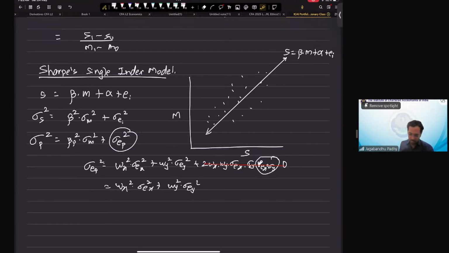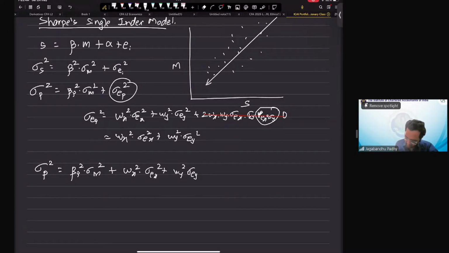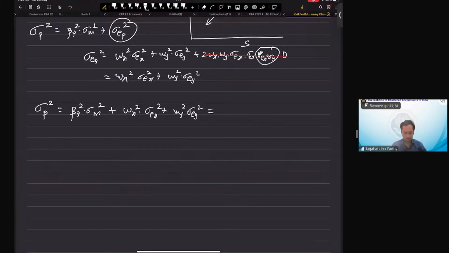One more important part: when we try to create the variance of portfolio, it is beta of portfolio square into variance of market plus variance of error of portfolio. Rather, this is totally eliminated, or rather, we just say we don't add the variance of error of portfolio separately. Rather, we say it's just going to be weight of x square into variance of error term of x plus weight of y square into variance of error term of y. This is going to be equal to